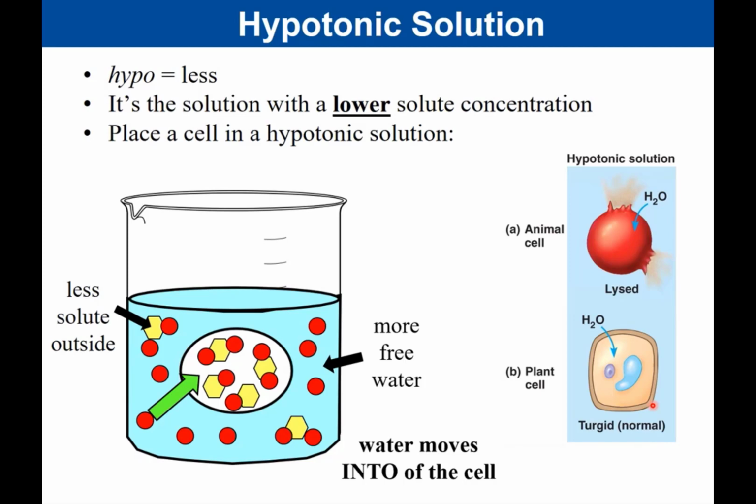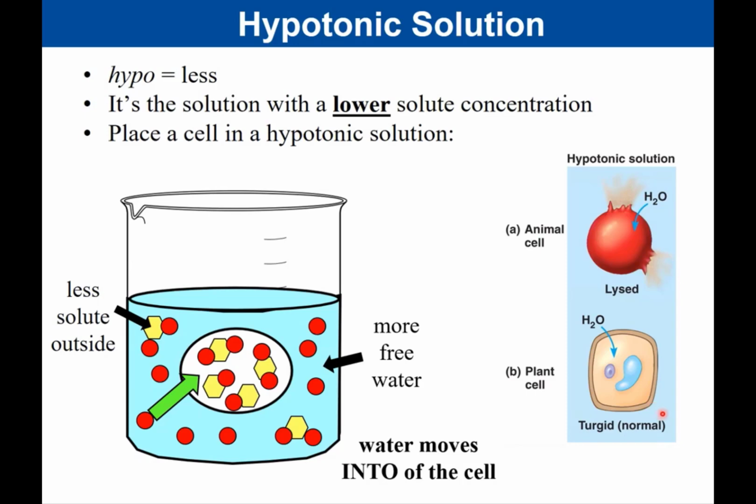It's something called hyponatremia, and it happens sometimes in marathon runners when they sweat too much. If they drink just pure water, you create a hypotonic environment outside the cells. Too much water goes in and your cells would start to lyse. And so again, this is why in a hospital, if you're dehydrated, they're not going to put pure water in there. They're going to put a saline solution that has some solutes